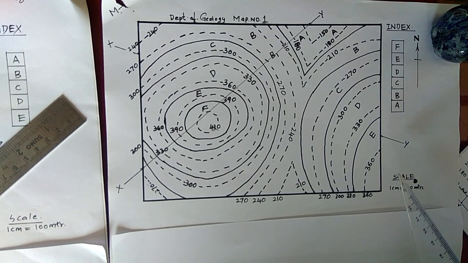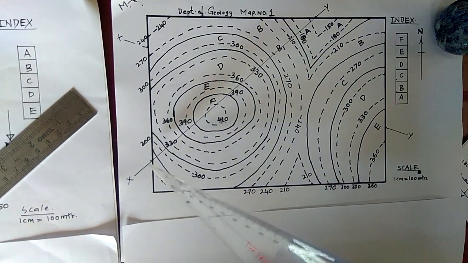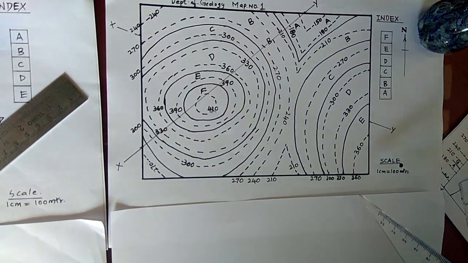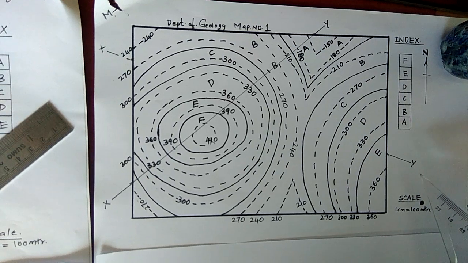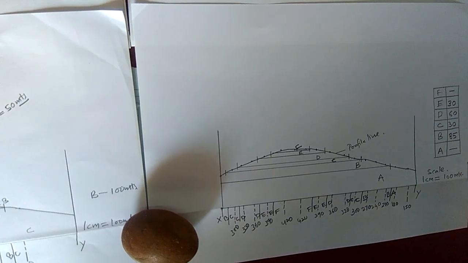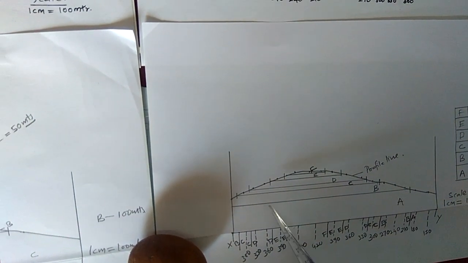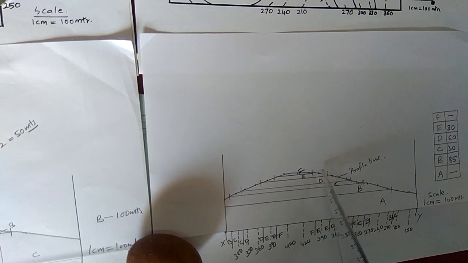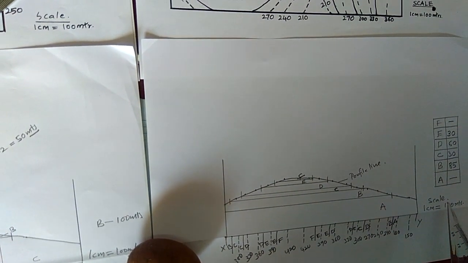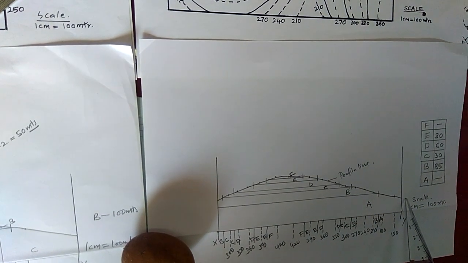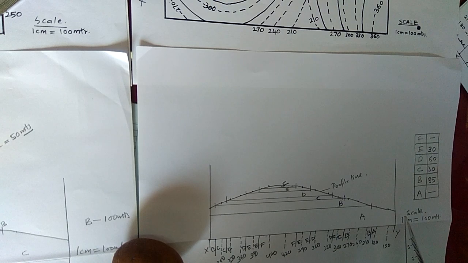Second point, we have drawn the geological section map along with XY direction, that is southwest to northeast. Now, third point. After drawing a geological section map, we are coming across the profile is somewhere a small mold. Left side there is a gentle inclination, right side also there is a steep inclination we are coming across. This is the cross section of that area. Okay. Third point, you have to write.